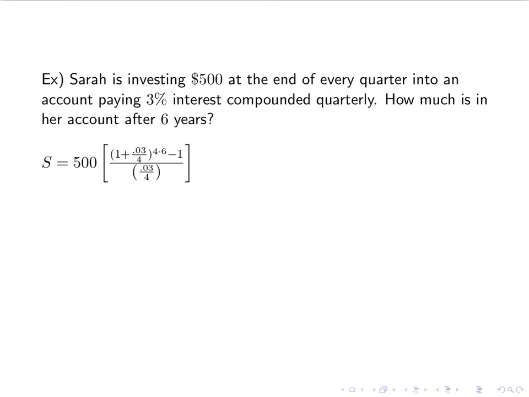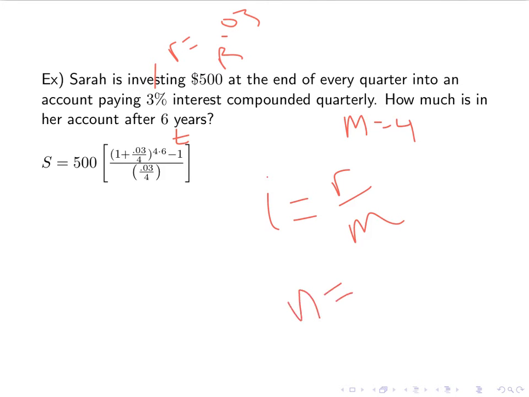Then I'm going to plug all the numbers in. So 500 is R, 3% gives little r is 0.03. Not a very good decimal. Quarterly means M is 4. Again, there are 4 quarters in a year. T is 6, so I is r, little r over m, n is m times t, so we plug them